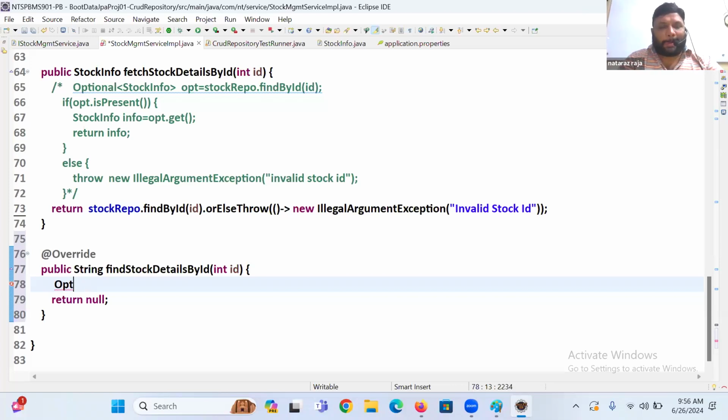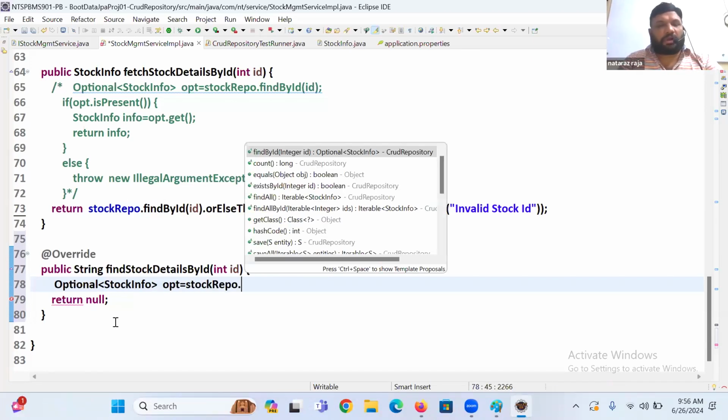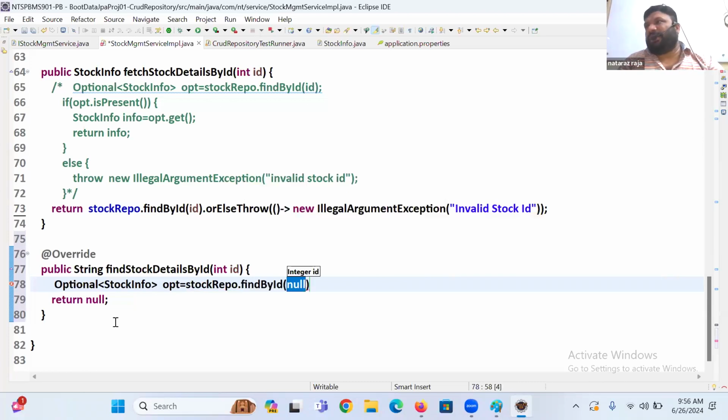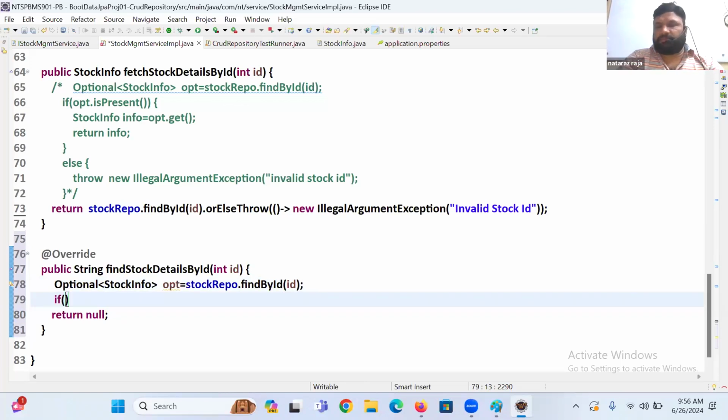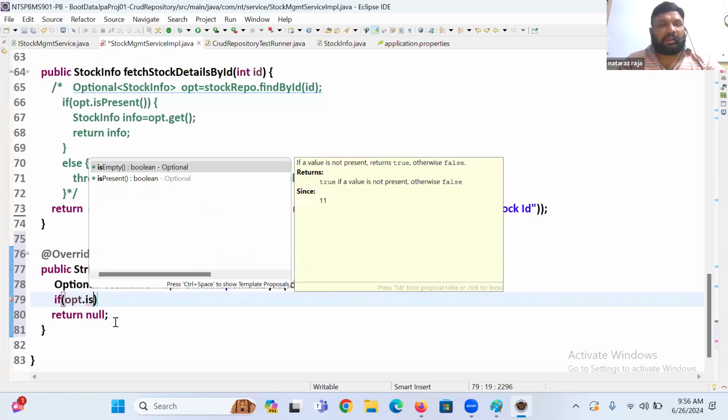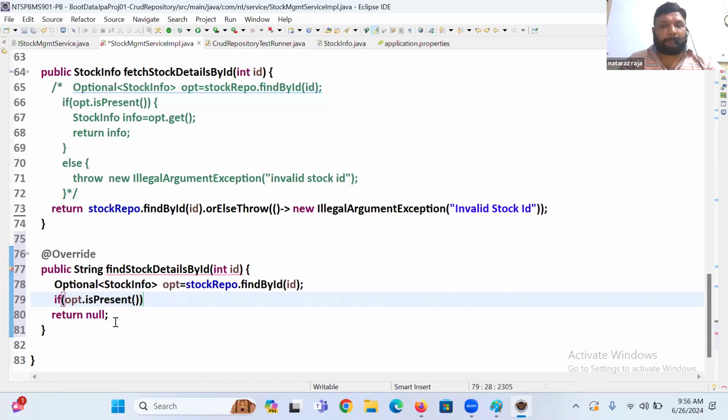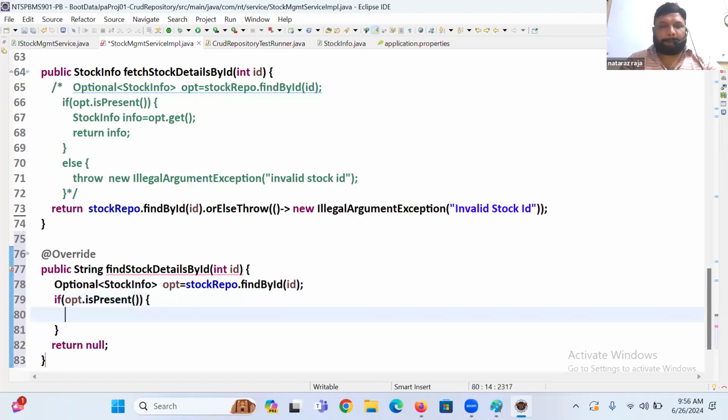Optional stock info OPT is equal to stockRepo dot findById, ID. Find by ID, ID. Tell me here what is there. If OPT dot isPresent, return, tell me,